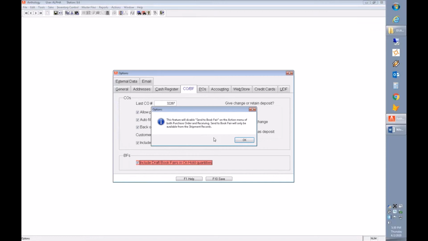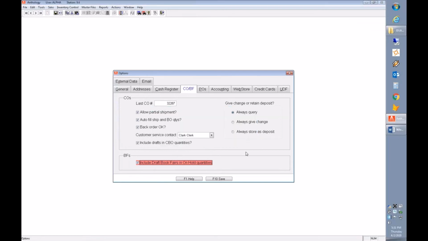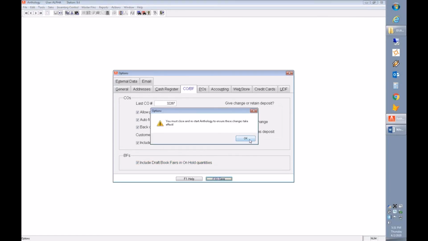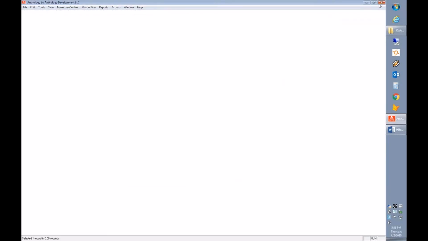So you're going to find, if you use this option, that on a still open receiving memo, the immediate option of send to book fair is disabled. But the shipment record, the after-the-fact record, once you've posted that receiving memo, once you've indicated, yes, indeed, I do have these 5 units in hand, I received them, I've either shelved them or moved them to the back area where they're going to get packed up for that book fair, you'll see that now with this option turned on, when I go into, say, my receiving area,